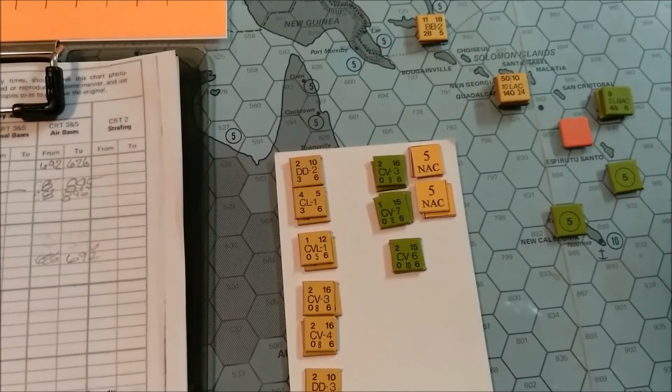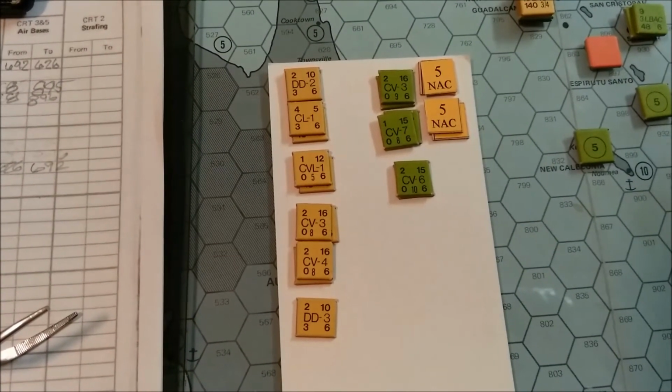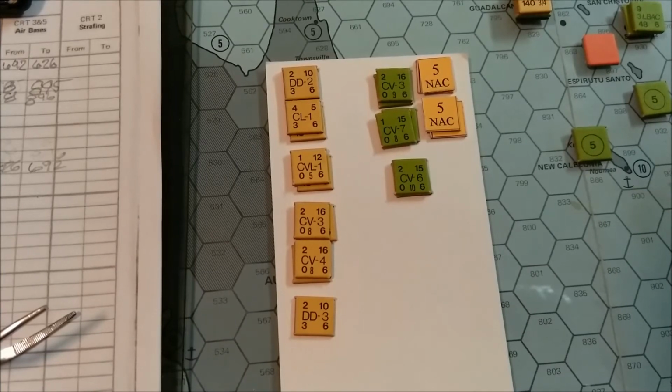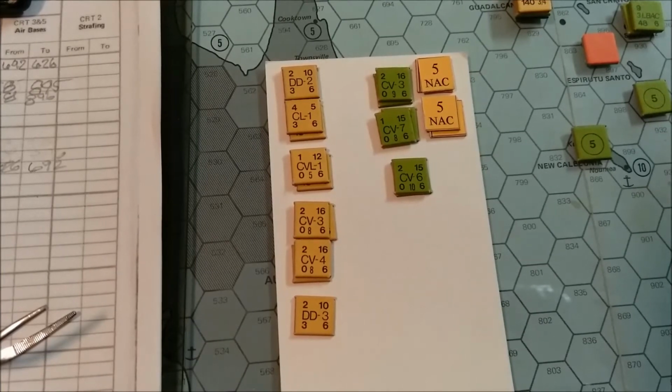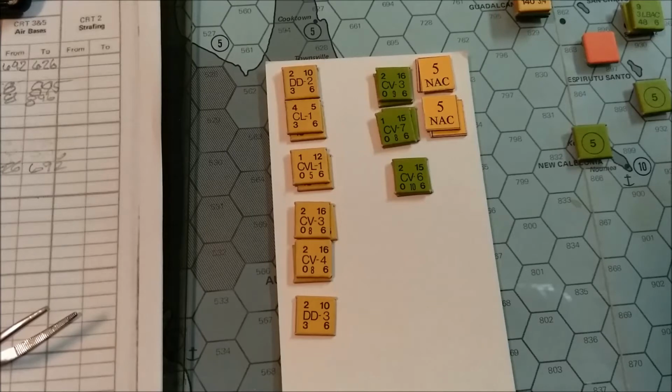Okay, that in focus? Yes. Okay, so here's the deal. They've allocated their air and they've allocated their naval units. They have to engage in surface combat, if possible, when they enter a hex with enemy naval units. However, the enemy naval units, or the defender, have the option to retreat as long as their speed is at least equal to the attackers. So I intend to do that